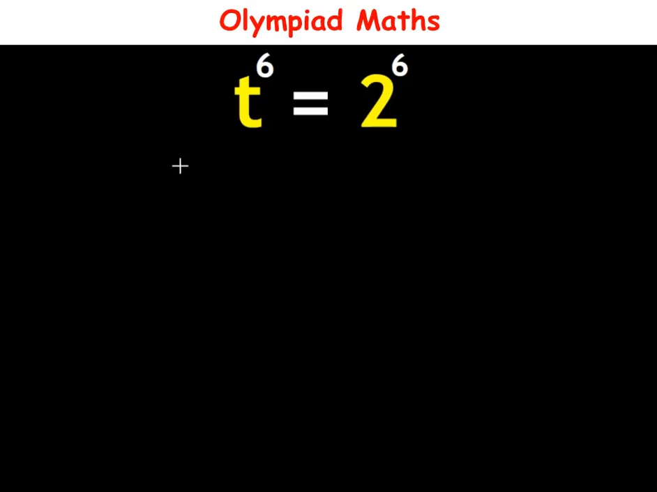Hello everyone, in this video let us solve this question. We have t raised to power 6 is equal to 2 raised to power 6, and here let us solve for the value of t. So t is the unknown we are looking for. Now to solve this, solution,